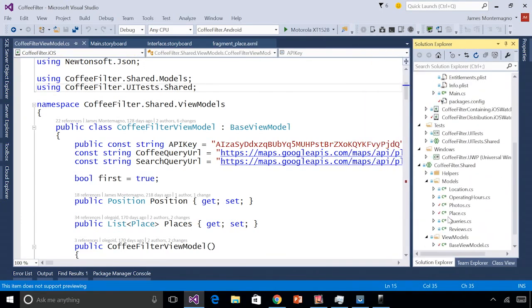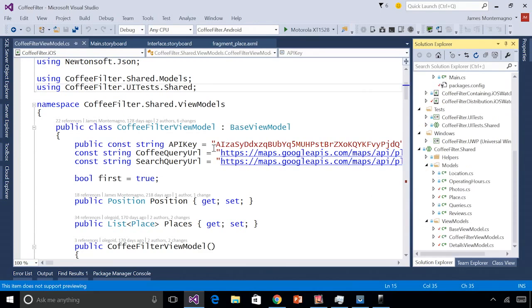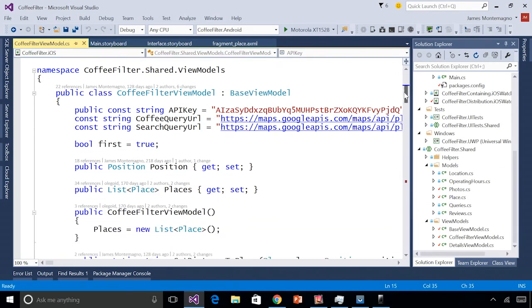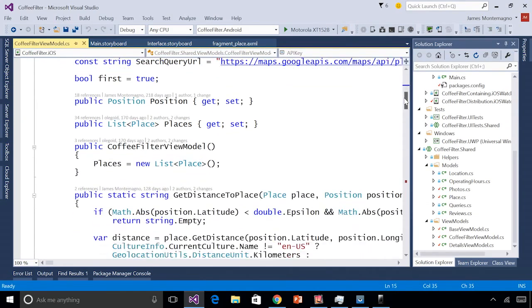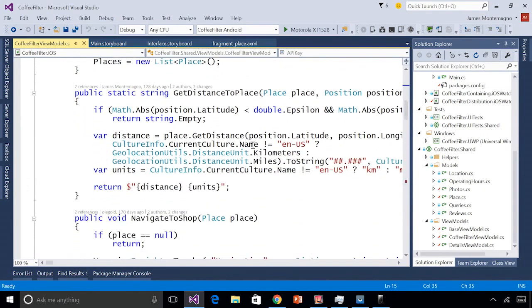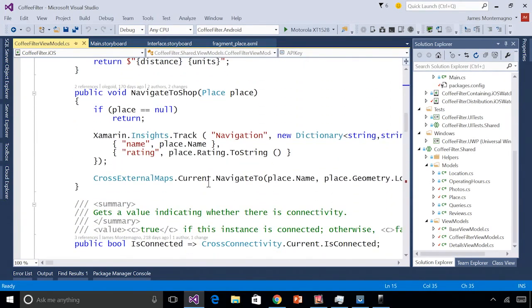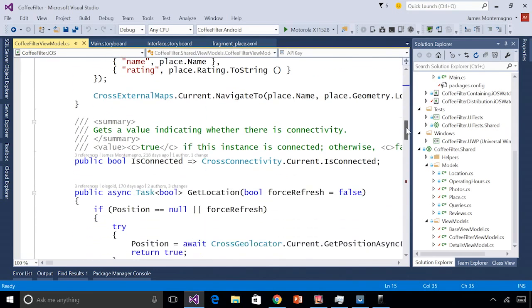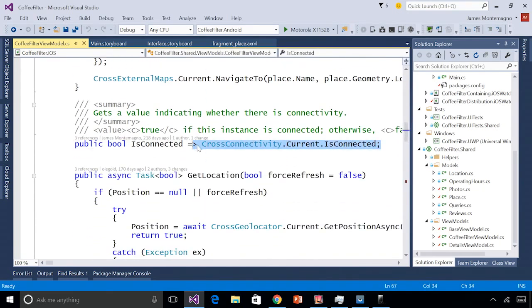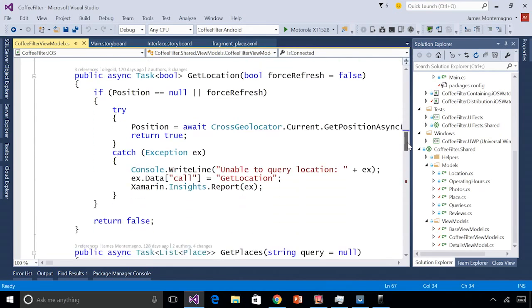So here we are back into our shared code. I have my models and my view models, and here's my coffee filter view model for that main page. I have a few query URLs to actually query the Places API. Then I have a position and some places that I can data bind to. I can calculate my distance to the place by passing in a few parameters, navigate to a shop externally when I want to navigate and get directions, simple from an API that'll launch Bing Maps or Google Maps or Apple Maps. Here we can use some member body expressions to get our connectivity, and of course, we can get our location with